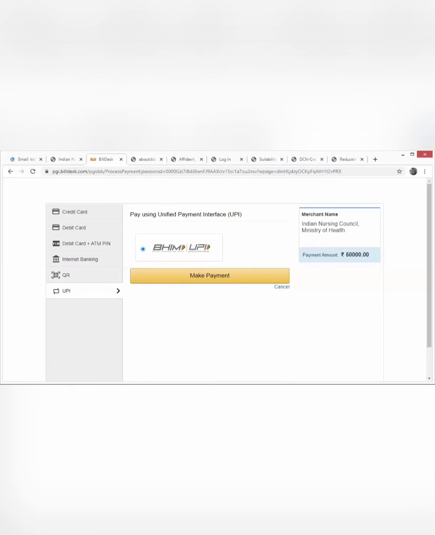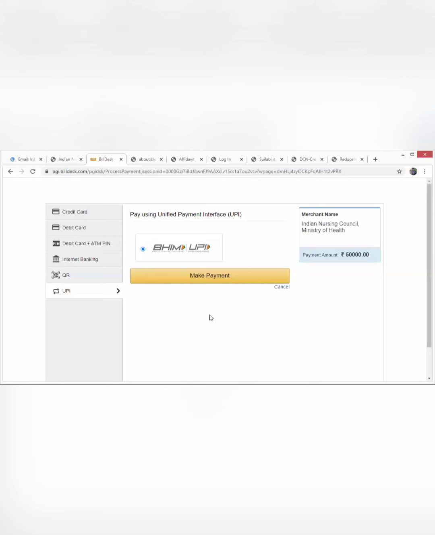Because yes, I know it's a huge amount for you, 1 lakh rupees for some institutions, because it's 4 to 5 collegiate programs you must be having. So don't worry. Once a transaction has happened, wait for 2 working days, and on the 3rd day we will inform you whether the payment has been received by the Indian Nursing Council.